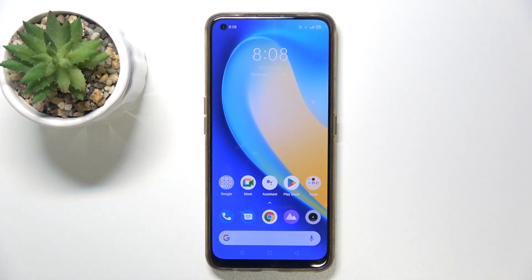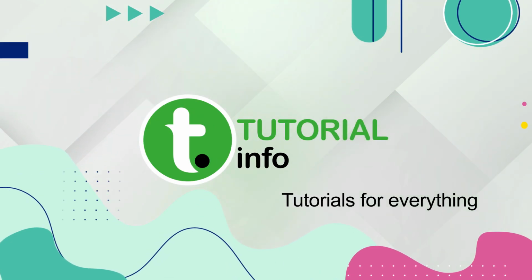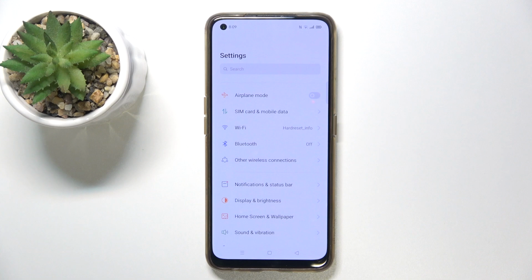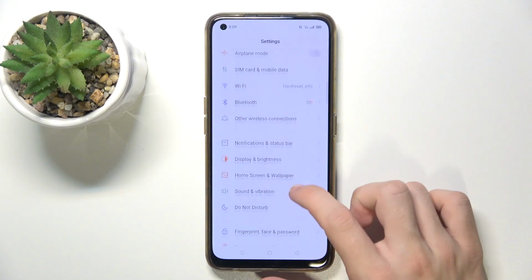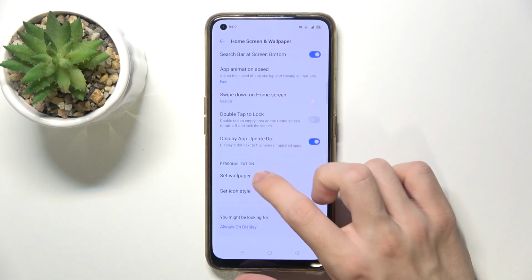Hello, in this video I'm gonna show you how to change the lock screen wallpaper on Realme 7 Pro. To change the lock screen wallpaper, go to Settings, then go to Home Screen and Wallpaper, then go to Set